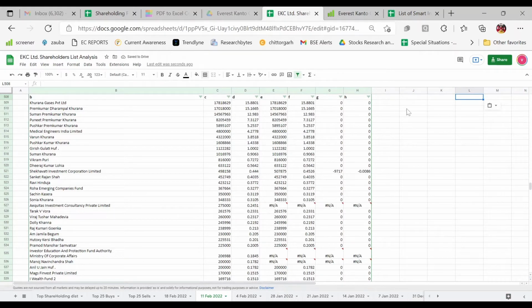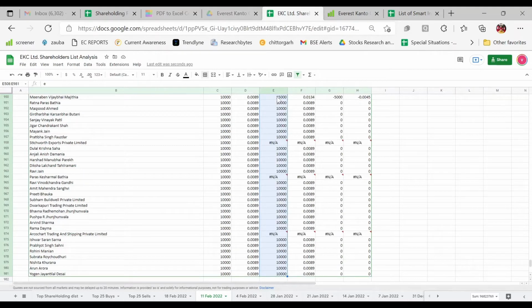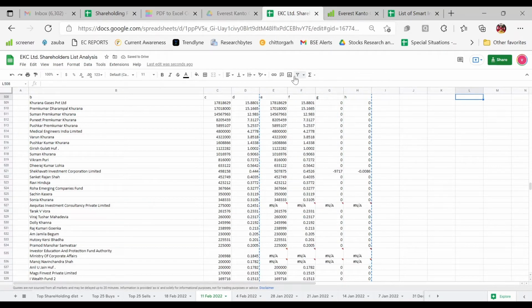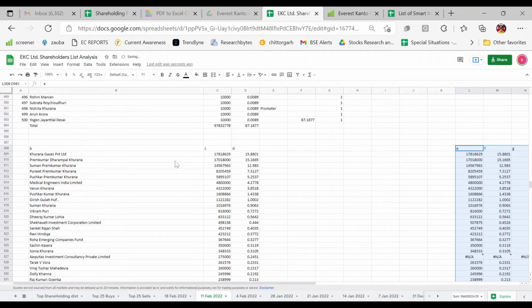Wait a minute, that filter is going right till there. I'll just remove the filter, then select this, Control X and Control V. We don't need this, right? I'll just put up the name like BCD. You can do whatever you like. For your understanding, I'm putting the right names here.